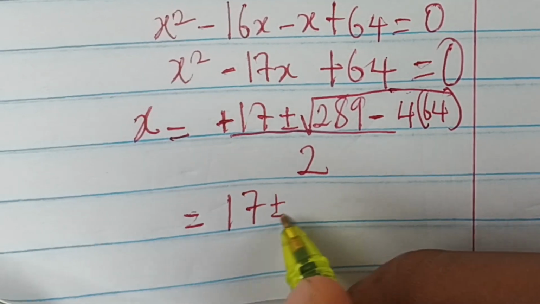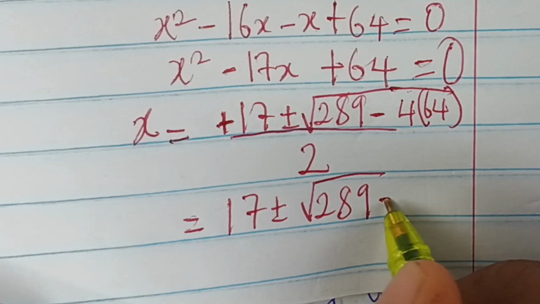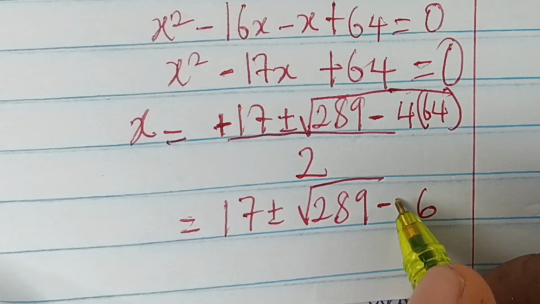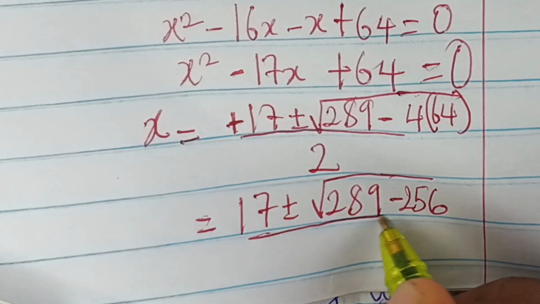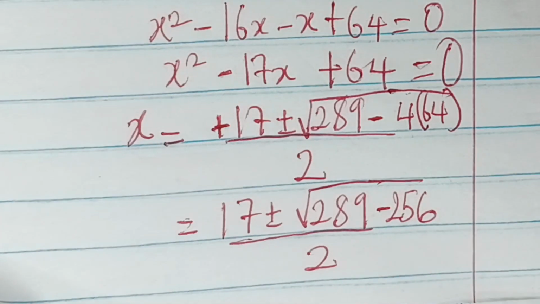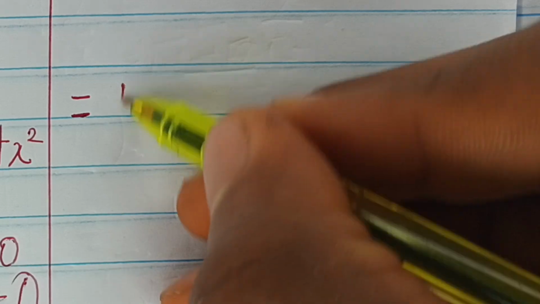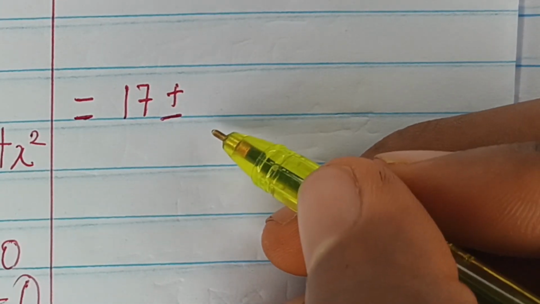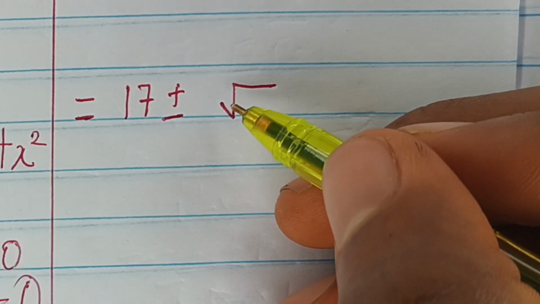This is equal to 17 plus or minus square root of 289 minus 4 times 4 is 16, 4 times this is 256, all over 2. Alright, what we have from there is now that this becomes equal to 17 plus or minus square root of 289 minus 256, which is 33,